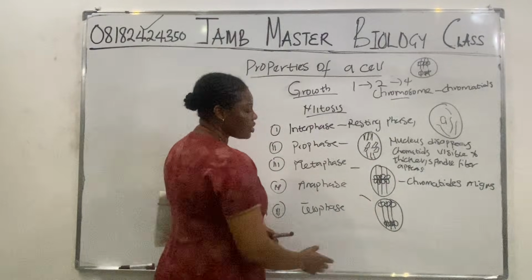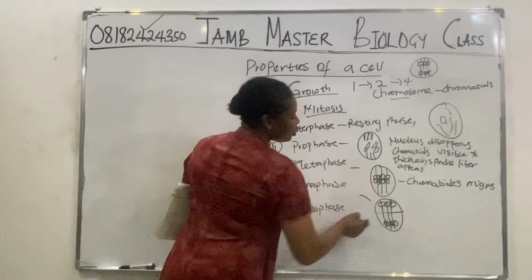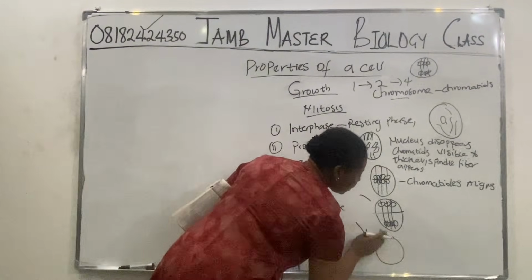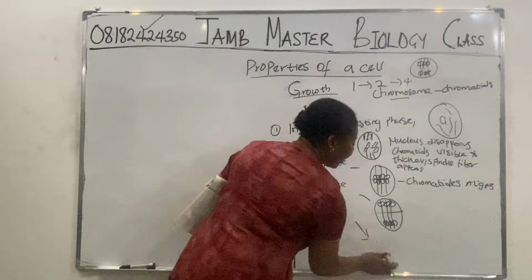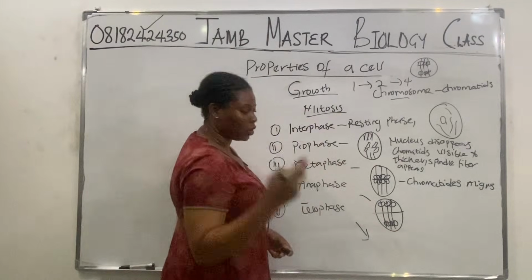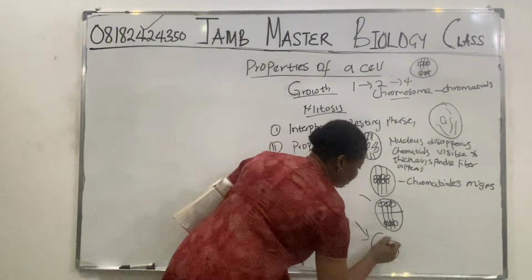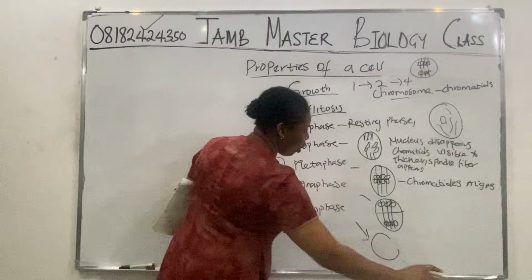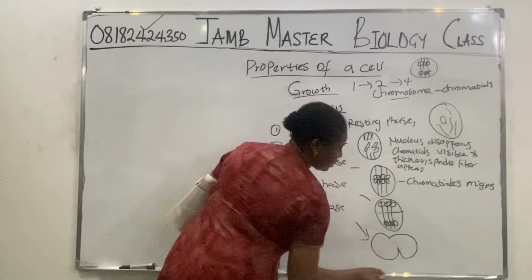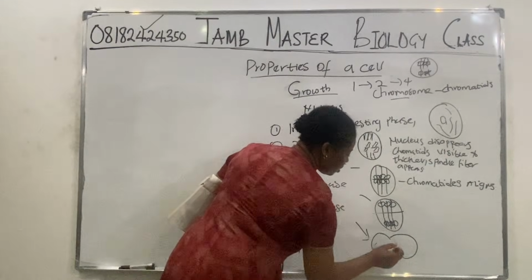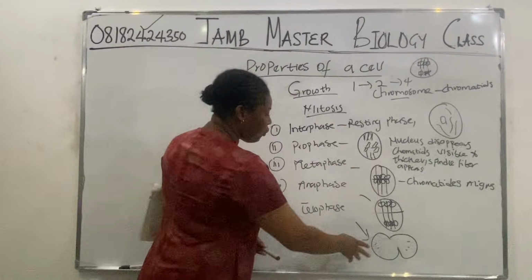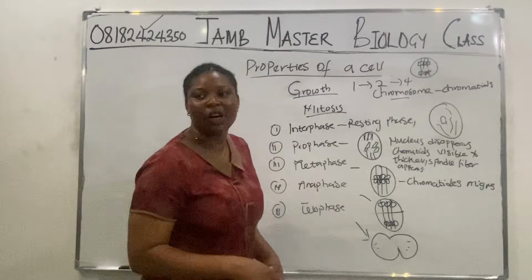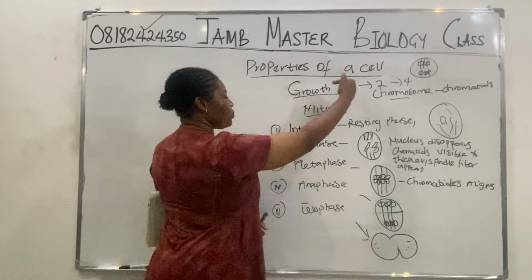Now in telophase, this one has already divided. They will just divide into 2 like this in telophase. So this is telophase. In telophase, they will divide into 2 to give you 2 daughter cells. This upside will come out, this side will come out to give you something like this. So this is telophase. The 2 daughter cells have been formed. This telophase, having given you 2 daughter cells, will now go back and start this process again.